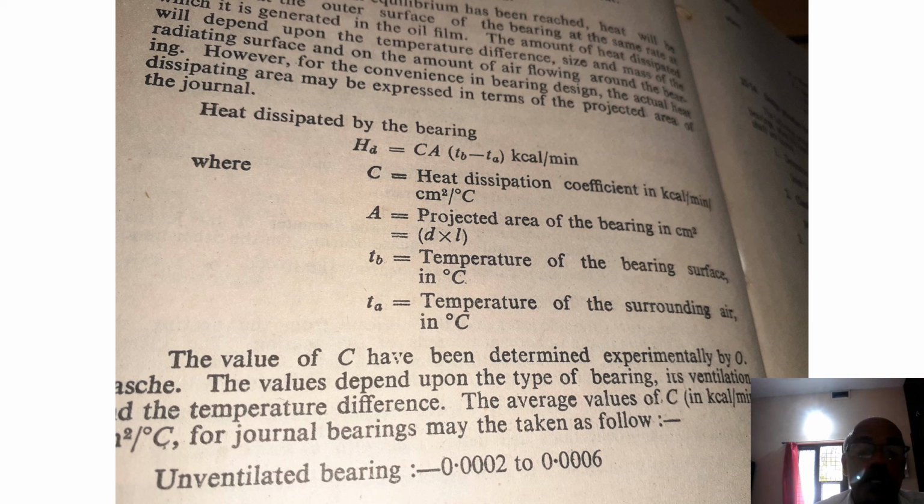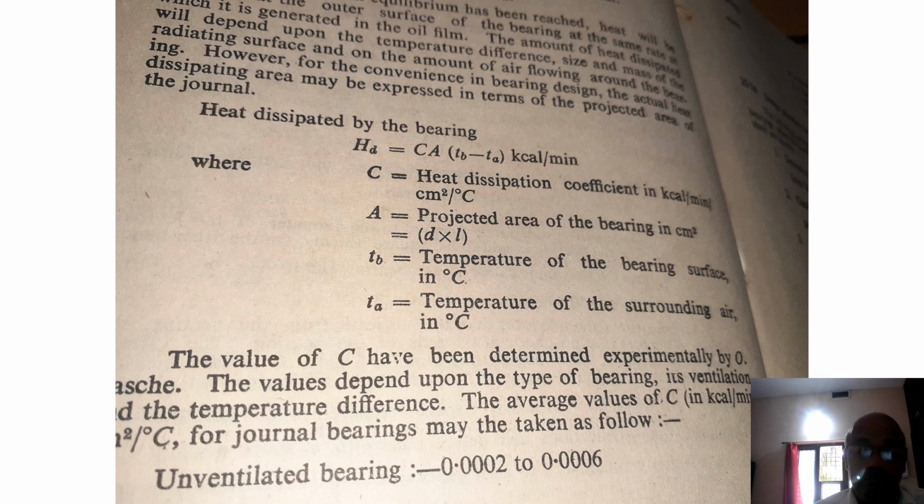So here the equation, I hope, is very clear. C into A into TB minus TA. C you can take from the data book. A is a geometry, may be mentioned partially. Other things you can calculate. TB, either you have to assume or you have to be given. TA also you can assume or you can take from the data book. TB is our bearing surface temperature. That may be by assumption or from the data indirectly you have to take anyway to reach the value of TB. That during the numerical calculation you will understand more.